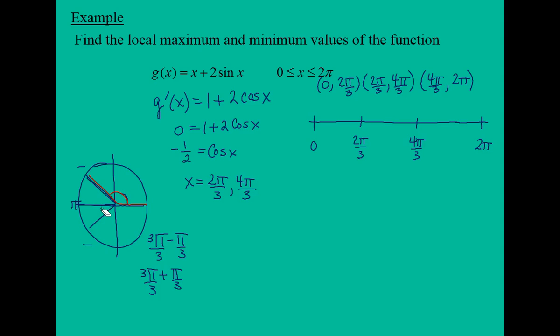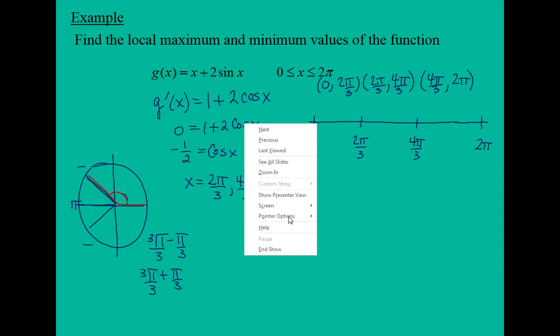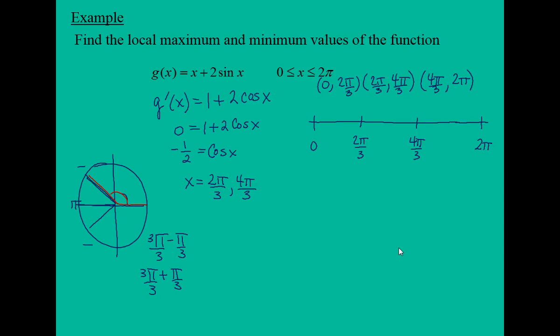So we could choose any value on that interval. I see this value here would be between 0 and 2 pi by 3, which is pi by 2. So if we plugged pi by 2 into our derivative function, here's our derivative, this is for pi by 2,